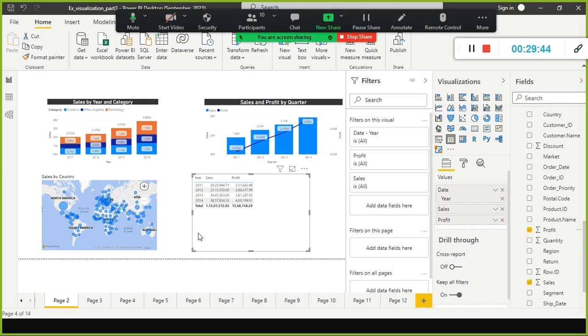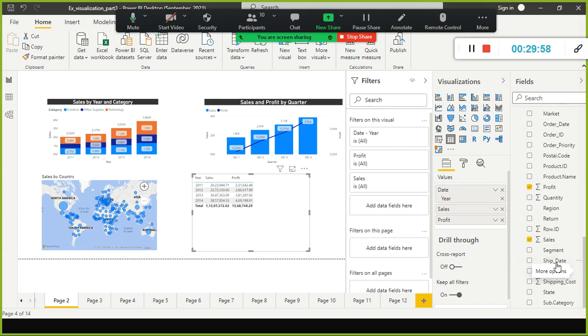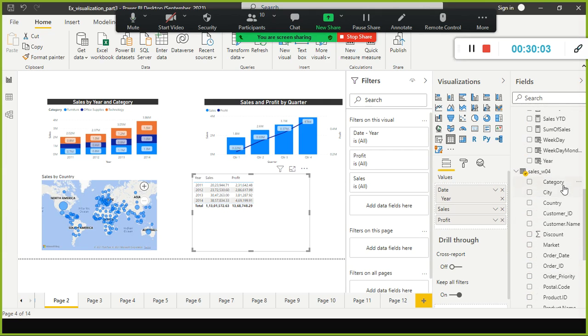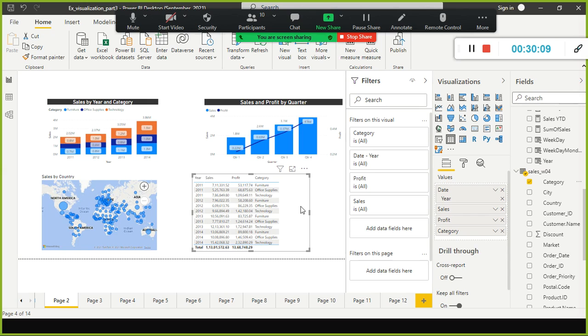So table is a very simple one. Basically we will be using this for testing purposes, and we will see what else we can do with tables. We don't have any other hierarchy here. We will create some hierarchy also, but for the time being I just drag and drop this one, category.